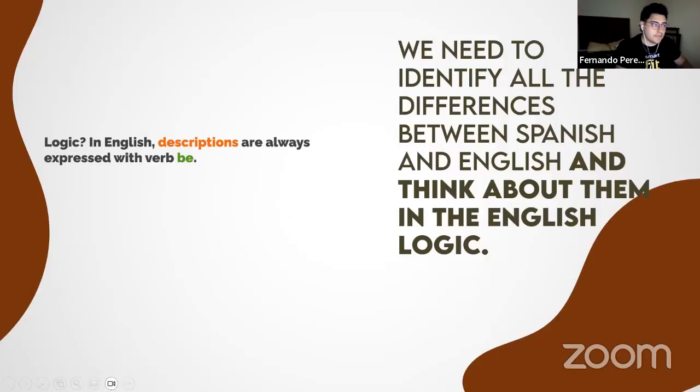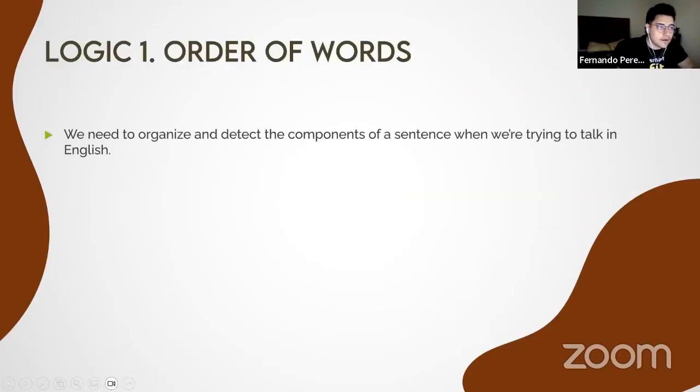Logic number one: order of words. When we are thinking in English, we need to organize and detect the components of a sentence when we are trying to talk in English. The components of a sentence. This is a very important part. This is very, very tricky